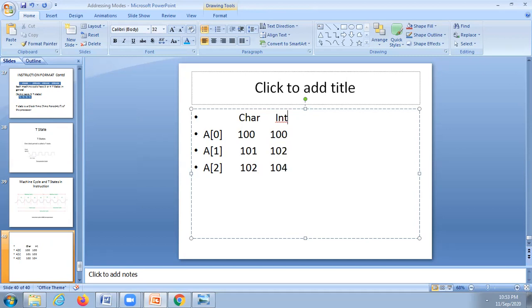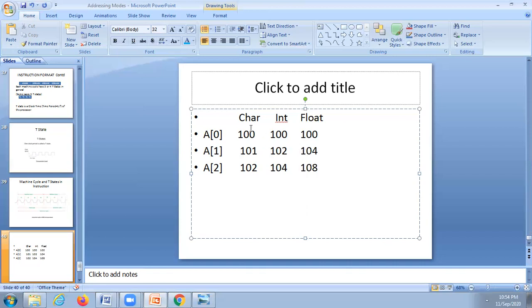If you store float values, that means real numbers, and a of 0 address is 100, the starting address, then a of 1 address will be 104, and a of 2 address will be 108. This is the difference.